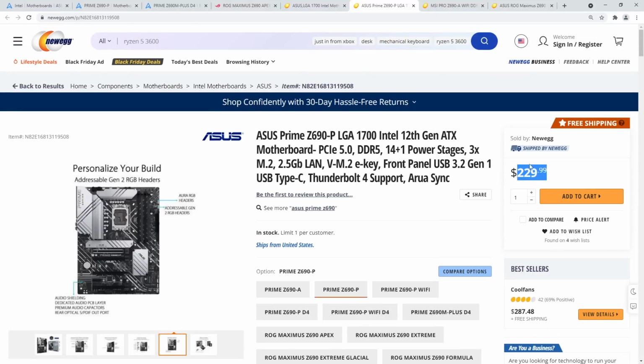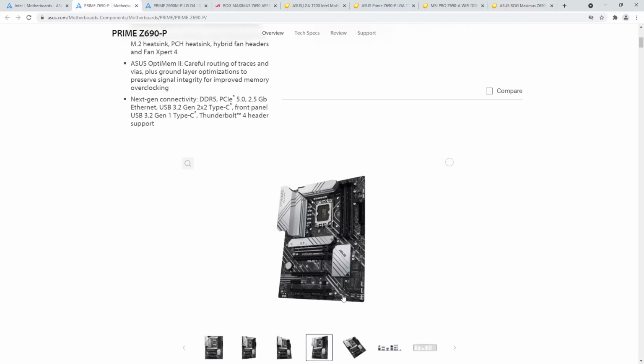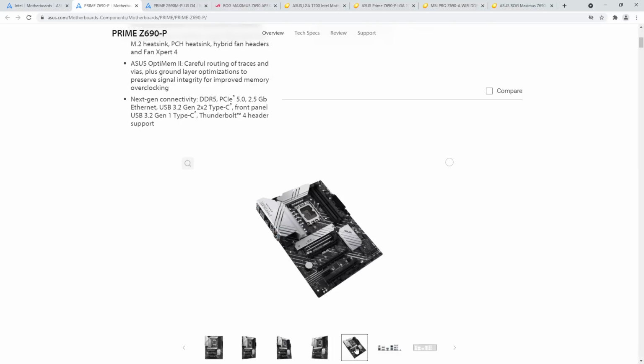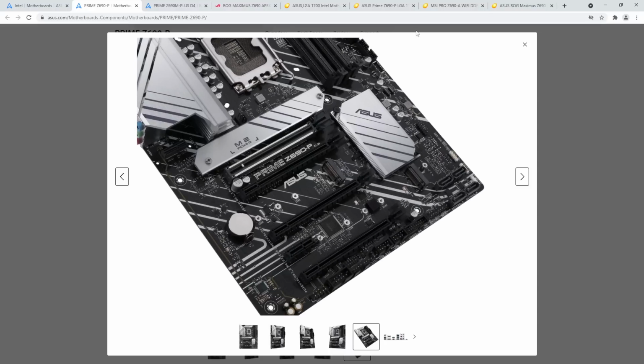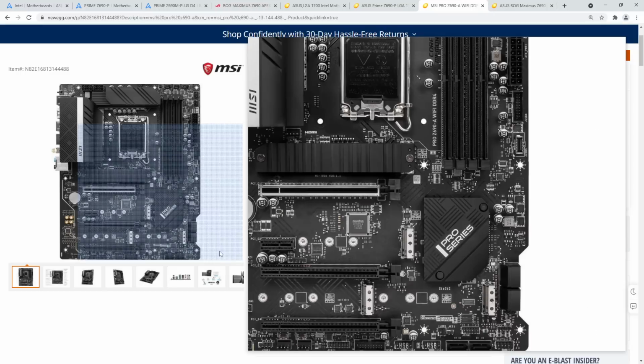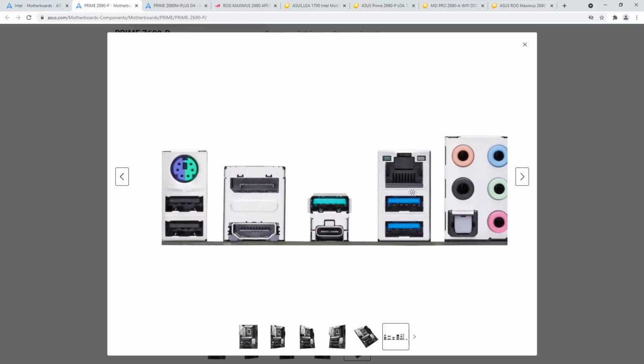So this costs basically the same as that MSI board, but it doesn't have troubleshooting LEDs. There are no troubleshooting LEDs on there. You've got fewer M.2 slots. I think it even has fewer SATA ports. Am I blind? Yeah, it's got fewer SATA ports, right? You only get 4 instead of 6. So basically, you pay the same amount of money for a motherboard with less of everything, including just 5 USB